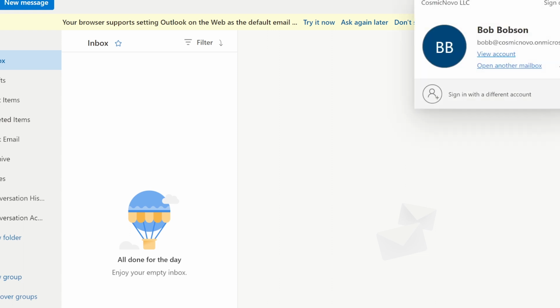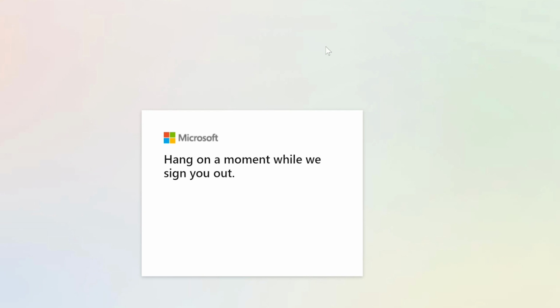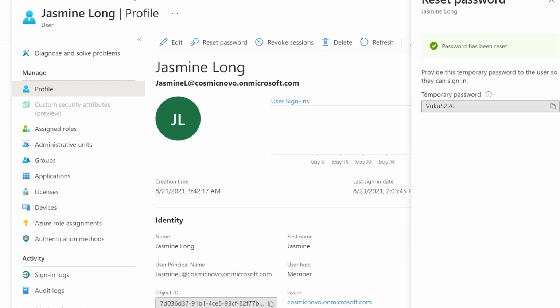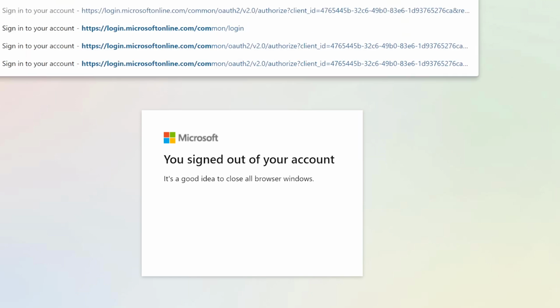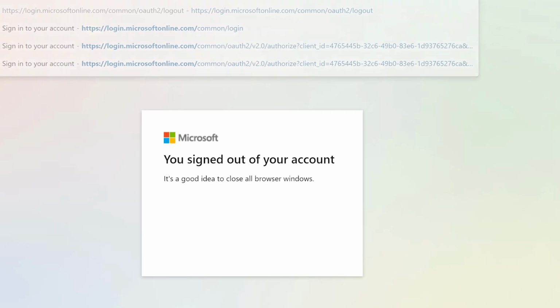Now I'm going to log out as Bob. All right, I'm going to sign out, log out, sign out, whatever your preferred term is. While that's happening, let me go back here and get Jasmine Long's email address, because we're going to use that to log in for her Office 365 work. All right, I'm signed out as Bob. Come on, go back to login. It's not wanting to go back to the login, so I'm going to have to specify